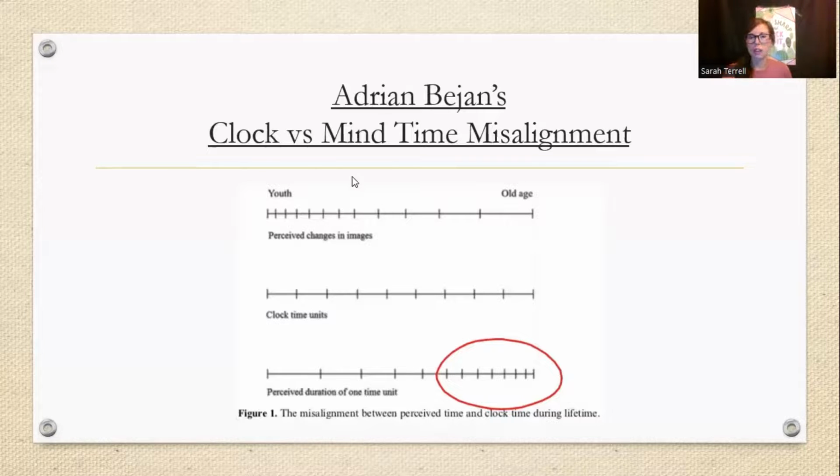So if maybe we can have these perceived images, if we can increase the amount of stimuli that we get in these older ages, maybe we can feel different, because this duration at the bottom, right, this spectrum isn't going to change. And the spectrum up here also isn't going to change. The only thing we have the right and ability to change in our lifetime is the amount of perceived images that we are getting into our mind every single day.